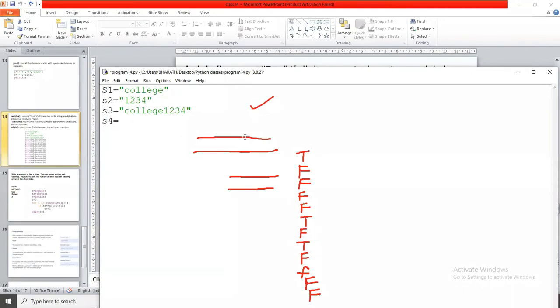S4 equals college at the rate 1 2 3 4. Now we are going to write the functions. Print S1 dot is alpha.